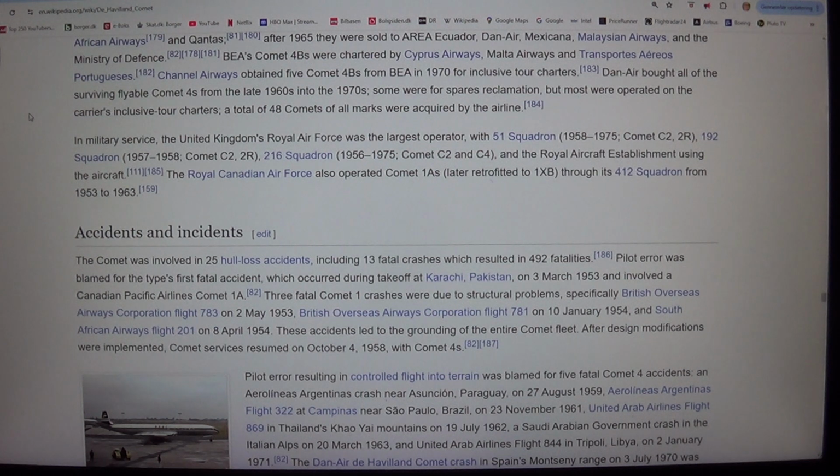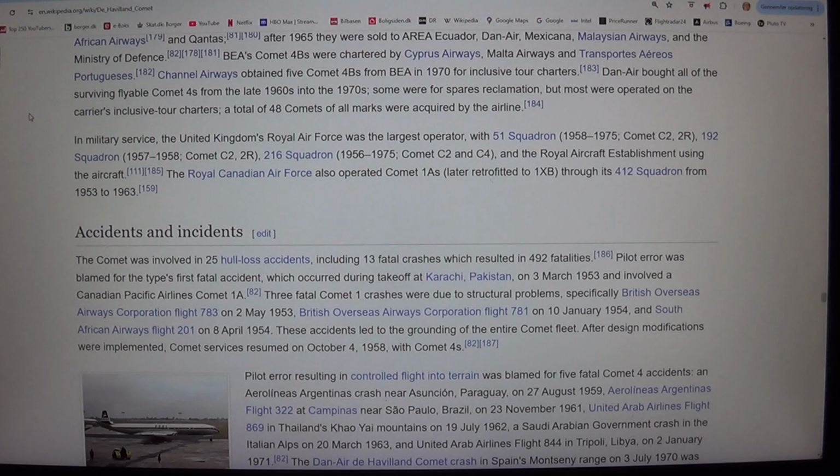Dan Air bought all of the surviving flyable Comet 4S from the late 1960s into the 1970s, some were for spares reclamation, but most were operated on the carrier's inclusive tour charters. A total of 48 Comets of all marks were acquired by the airline. In military service, the United Kingdom's Royal Air Force was the largest operator, with 51 Squadron,